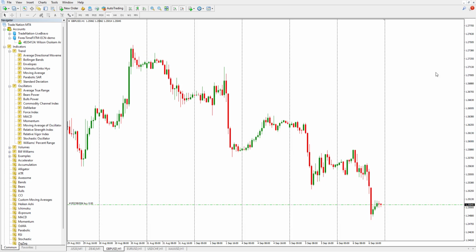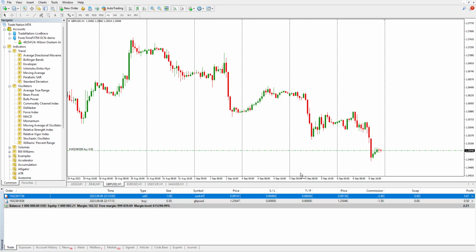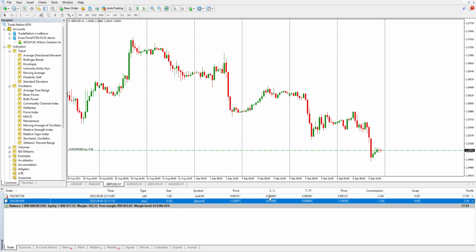Now I can simply go to Control T again, which is the terminal. Our USD CHF is already in profit, about $5. You can see for the USD CHF we have our stop loss and take profit here. Our GBP has no stop loss and take profit. All we need to do is right click and modify. But another simple way to do this